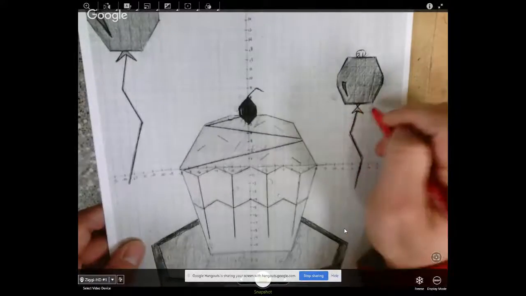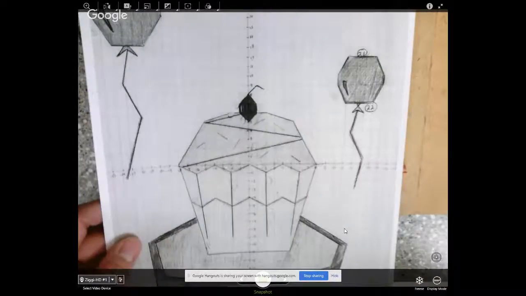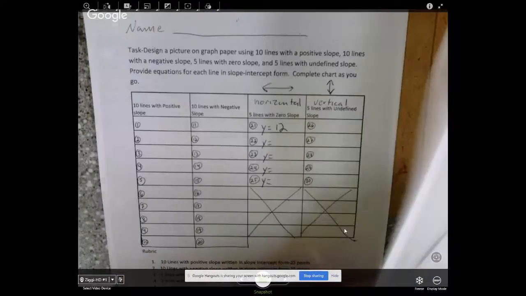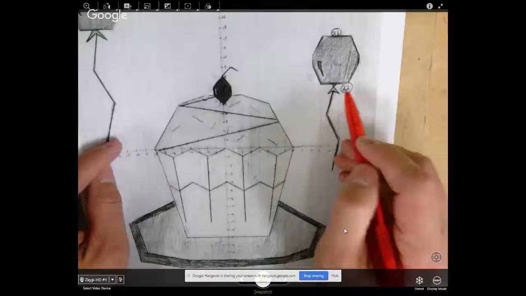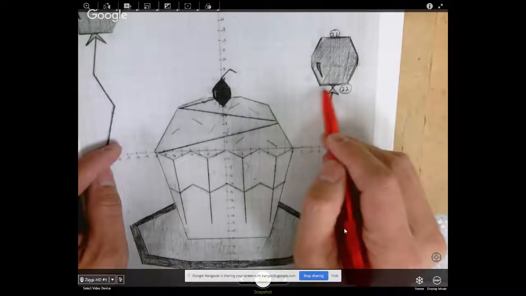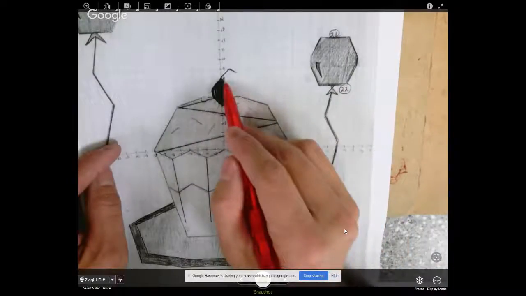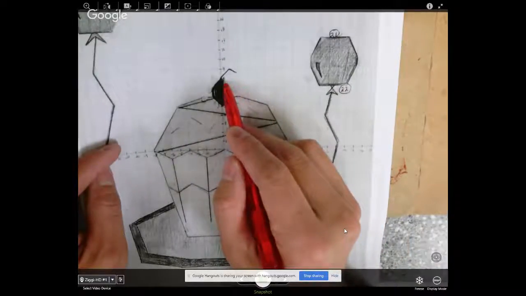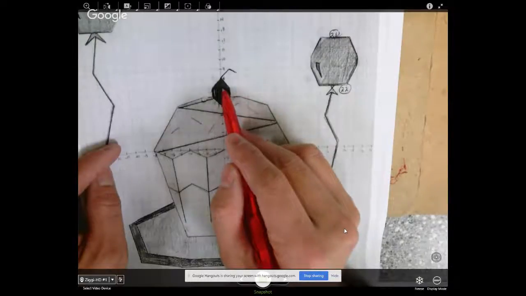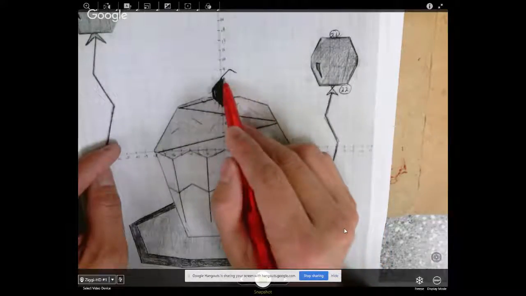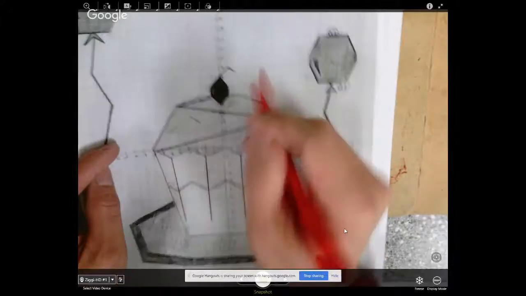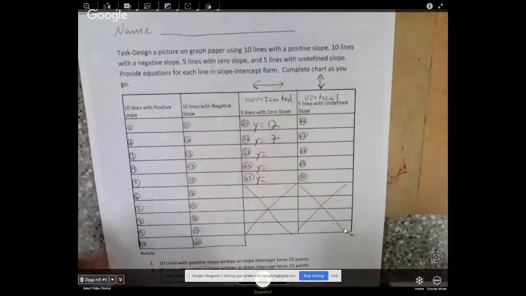The horizontal lines, the ones that go left to right, are numbers 21 through 25. So I'm going to do that one as 22. For number 22, y equals, this one I see there above it, there's an 8. Right below it is 7. So this one's y equals 7. There's the 8, right below it is 7. So y equals 7. Okay, so you're going to do that for 3 more lines, and number them 23, 24, and 25